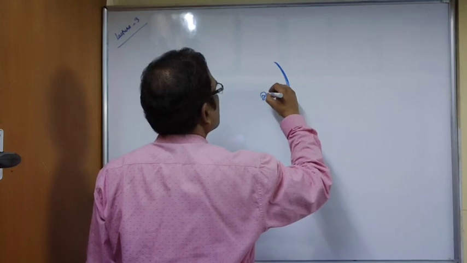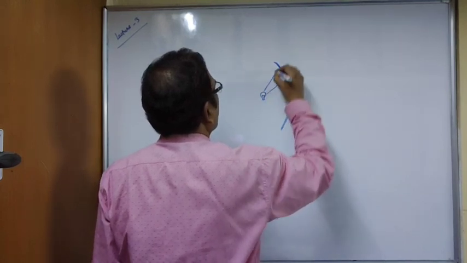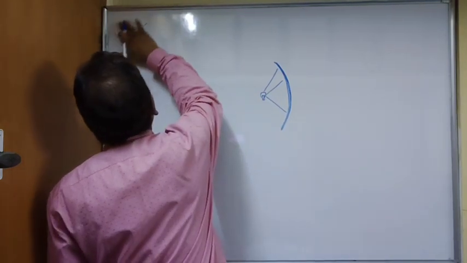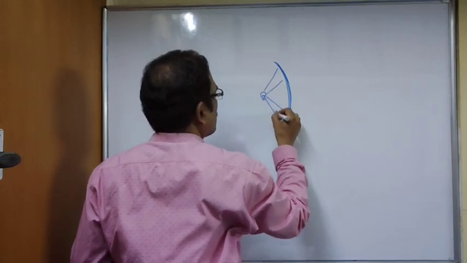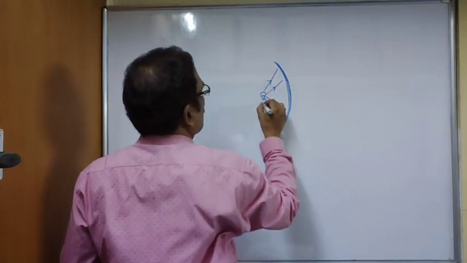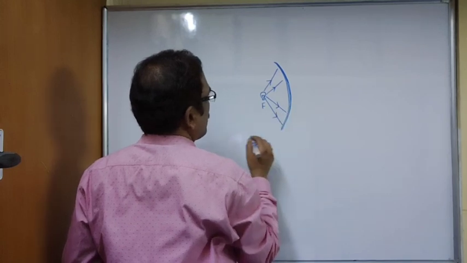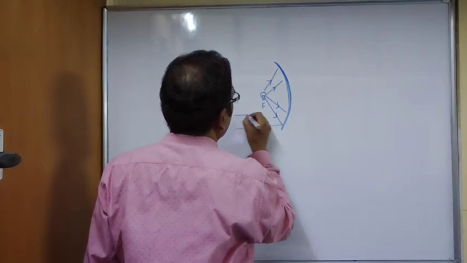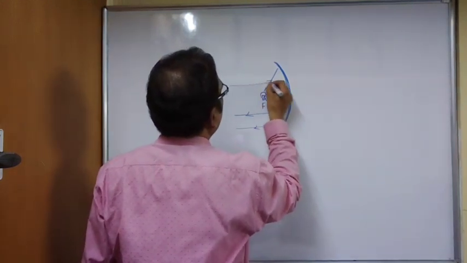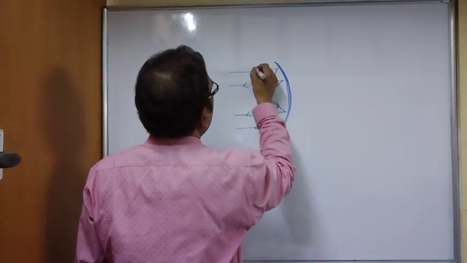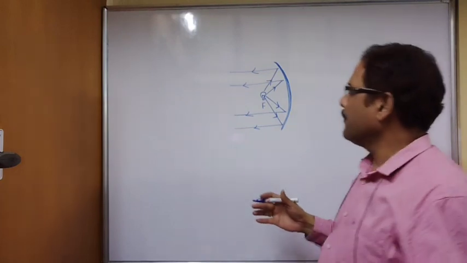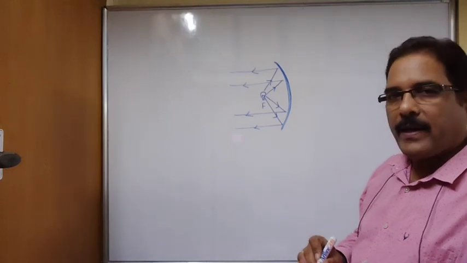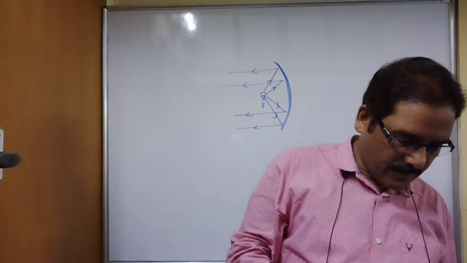So when the bulb glows, the light travels in all possible directions from the focus, and as you know, a ray of light which passes through the principal focus of a mirror becomes parallel to the principal axis after reflection. So as a result, we will get a parallel beam of light on the road surface. That's why reflectors are concave. So this is another use.